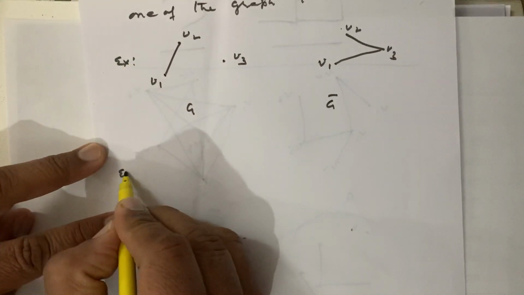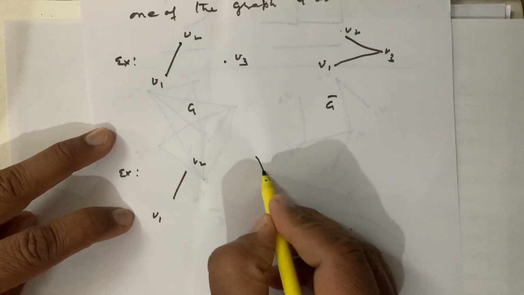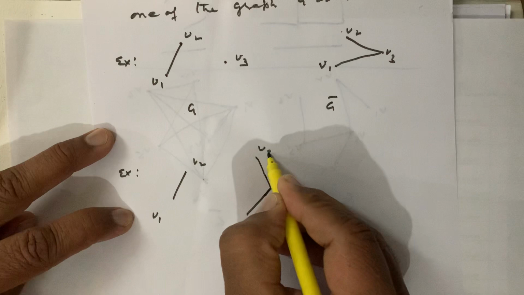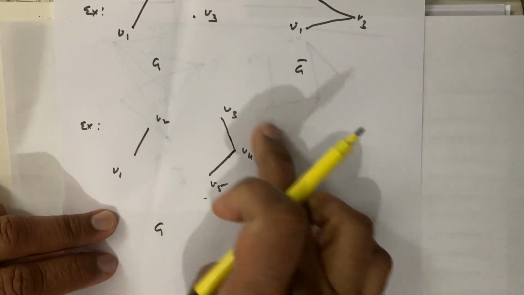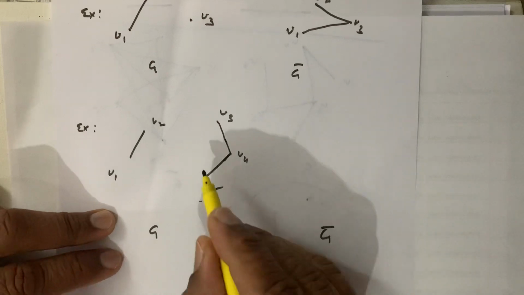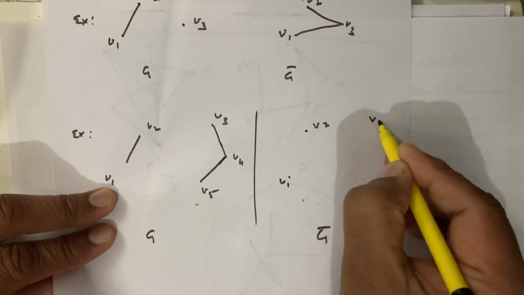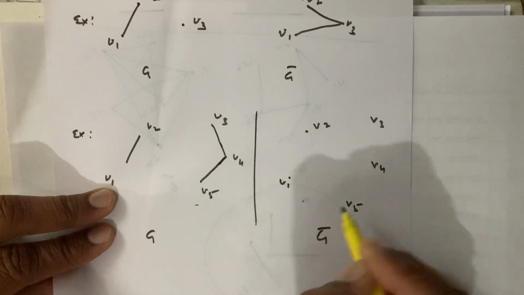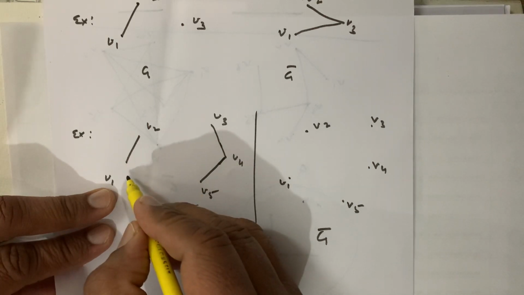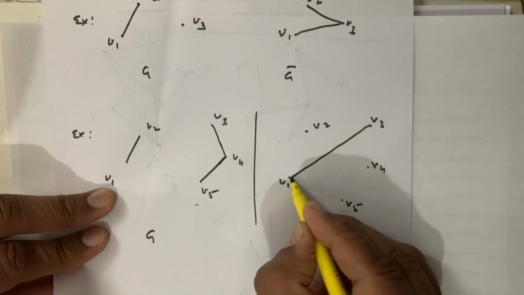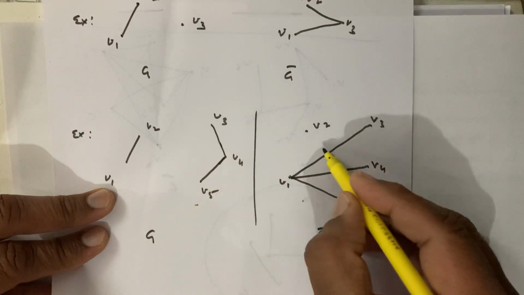अगर दूसरा एग्जांपल लूँ मैं इसका, कि अगर अपने पास ये ग्राफ है V1, V2 और सपोज कीजिए यहाँ पर अपने पास ये तीन वर्टेक्स है V3, V4 and V5. If this is our G, which is not a connected graph, then G bar will be V1, V2, V3, V4 and V5. These are our vertices. V1, V2 के बीच में यहाँ एज है, इसका मतलब अब V1, V2 के बीच में एज नहीं होगी, V1 इन तीनों से जुड़ेगा। V2 V1 से नहीं, V2 इन तीनों से जुड़ेगा।